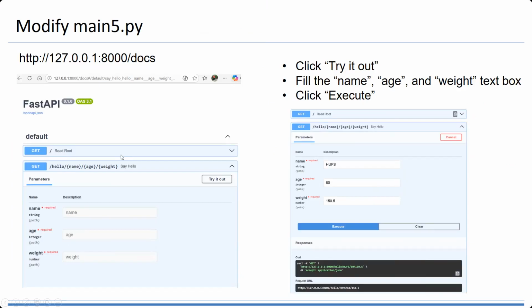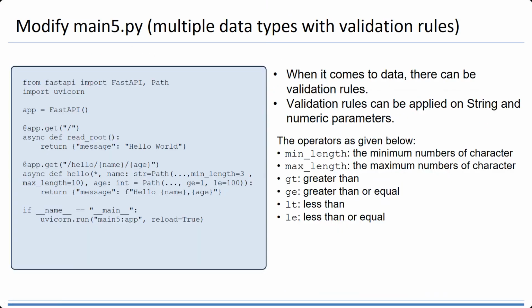Okay, so this is the docs for the main5.py. Okay, we can use different Python files, and we can run this Python file, not the main.py, but we can run the main5.py. So in the parameter, we can use the validation rules. So what is validation rules? The age,